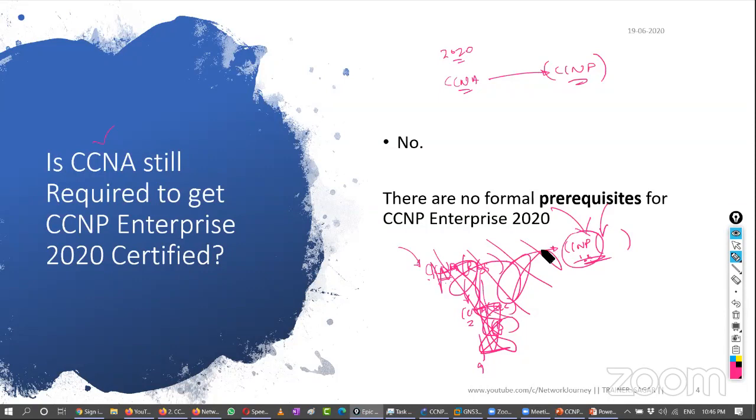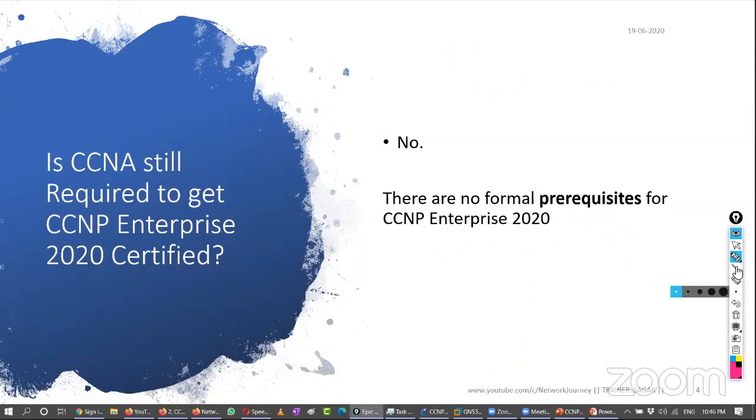That's why I focused on taking a webinar on CCNP, not on CCNA, because you're going to spend a lot of money and a lot of time on CCNA, which you can of course do at the CCNP level itself, and eventually you become a professional holder. A CCNP is nothing but a professional, right? So this is something I thought of letting you know about CCNP and why to be a CCNP holder.